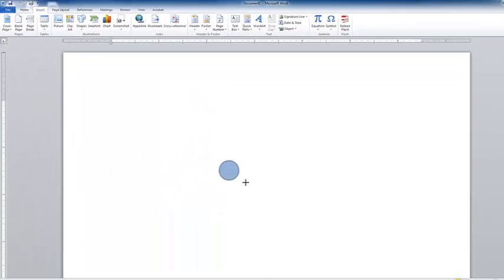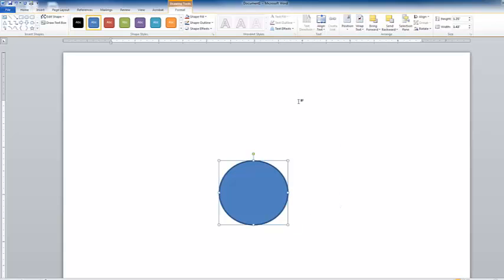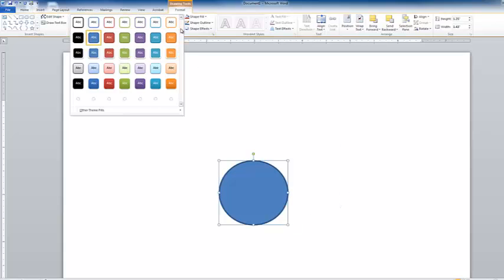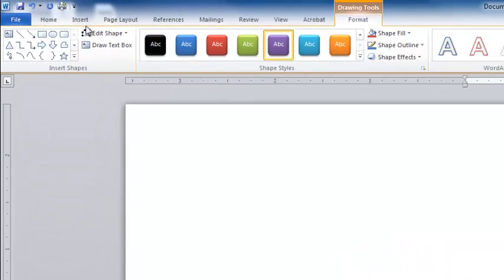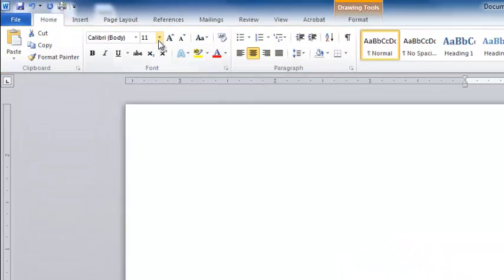I'm going to draw the circle onto my page, and then I want to format it to be a different color, and I'm going to choose purple. In the middle of this circle, I'm going to type nursing process. I'd like for the words to look a little bit bigger, so I'm going to select the whole shape, go up to the Home tab, and change the number in the font section to a bigger number,